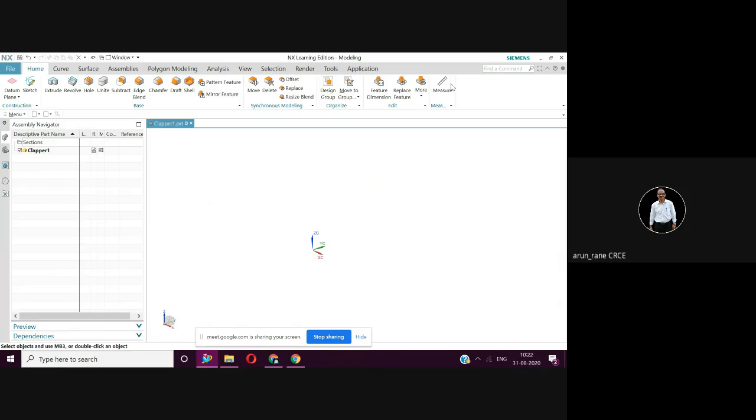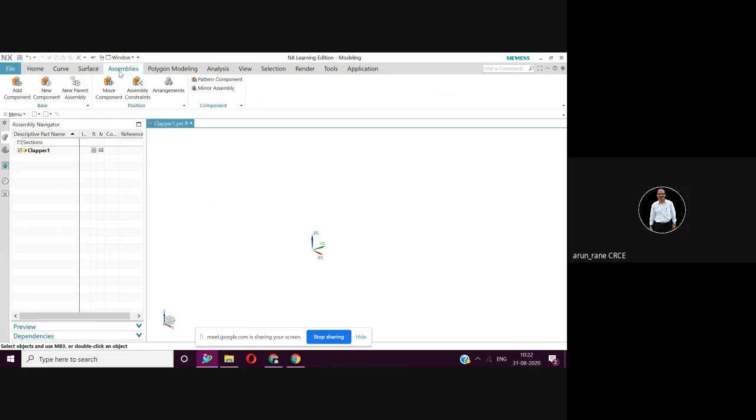So as I told you last time, how to start. Look for a click on that. You have these options: add new. Out of this, you are going to use add component, view component, assembly constraints and move component regularly.